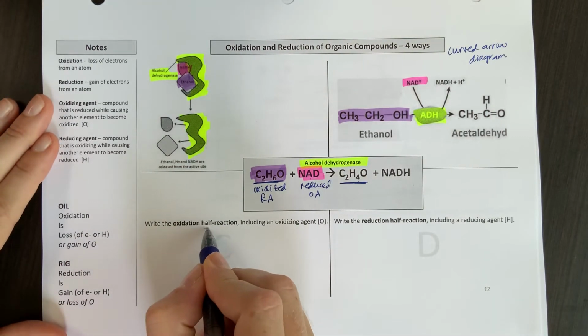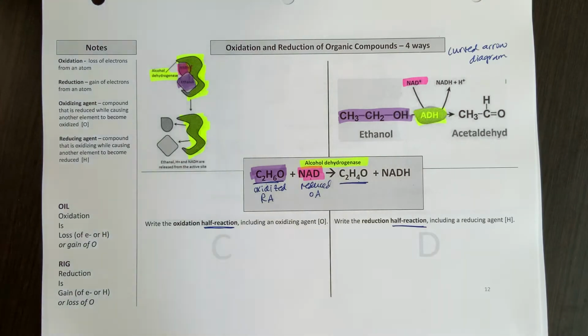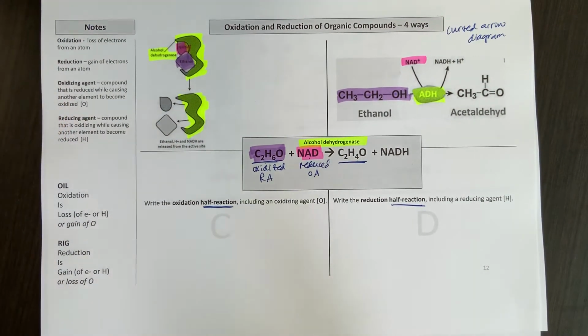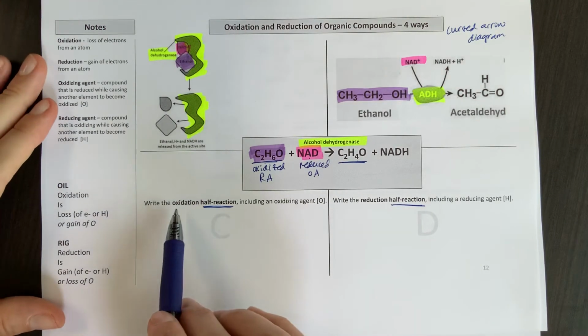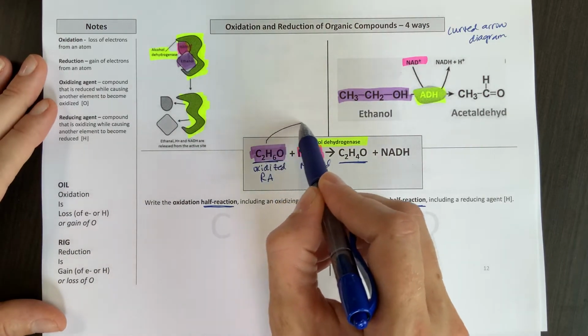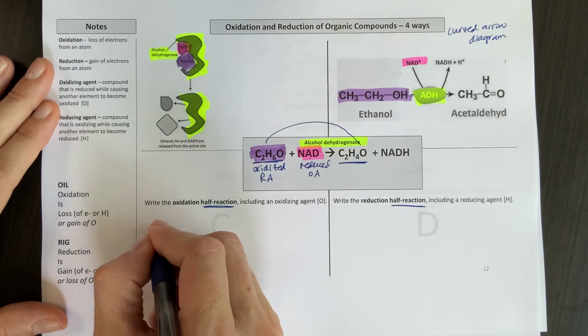All right. So one more way we want to be able to see this same reaction, and that is as a half reaction. A half reaction says, you know what, let's just focus on, say, the ethanol piece of it. I don't care what else is happening, I just want to know what's happening to ethanol. And that's where half reactions come in useful. We'll use these throughout the rest of the semester. So the oxidation half reaction is going to just show what happens with that pair of chemicals that are involved in oxidation. So I might write this like this: